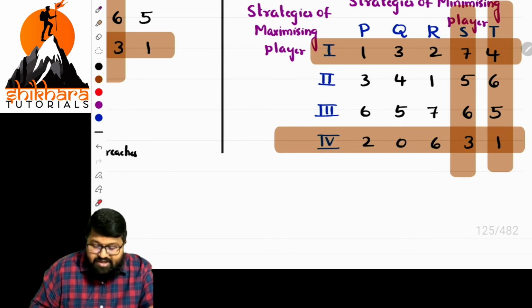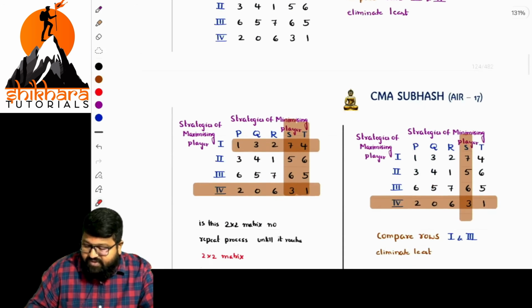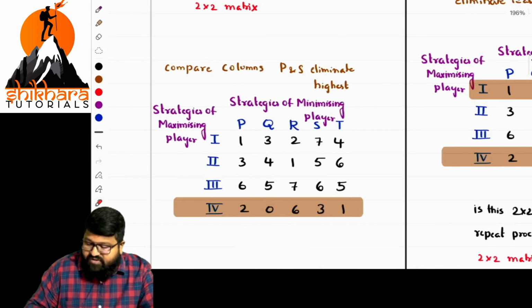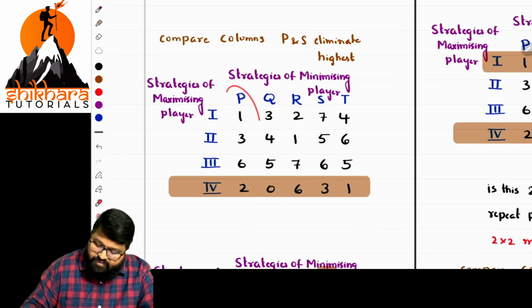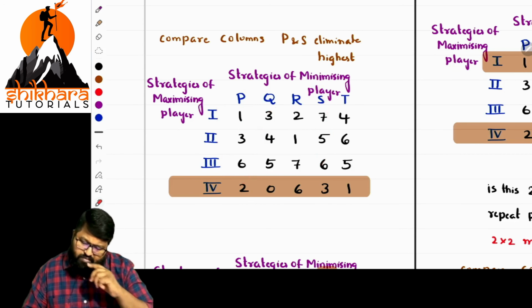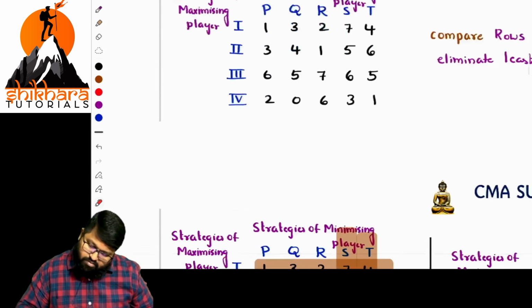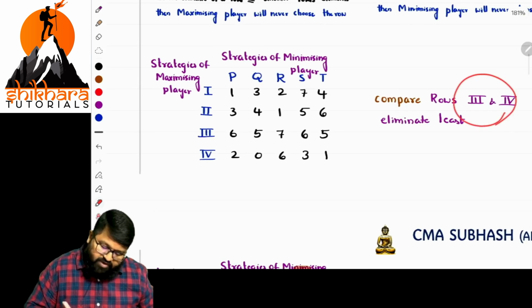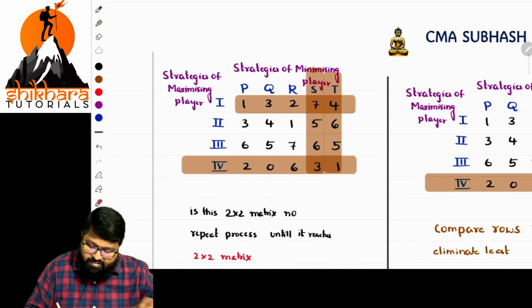What we should apply, sir? Here we have to apply a concept called average. See this problem once again, ma'am. What is the first basic thing we have done there? First we have compared what? P and S. P compared with the S. Row 3 and 4 we compared and eliminated the least. What is the row 1, 3, 4? Element 4 is the least one that we eliminated.